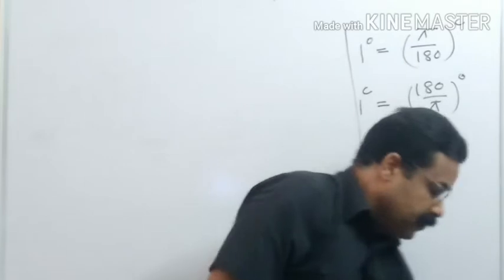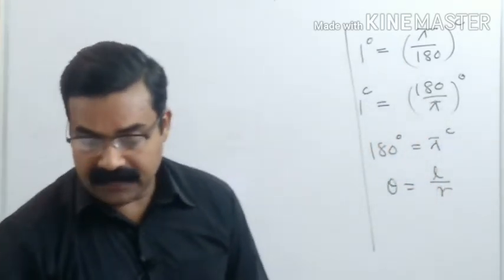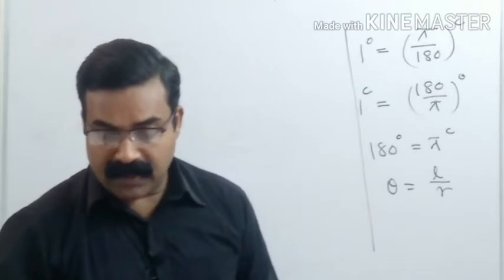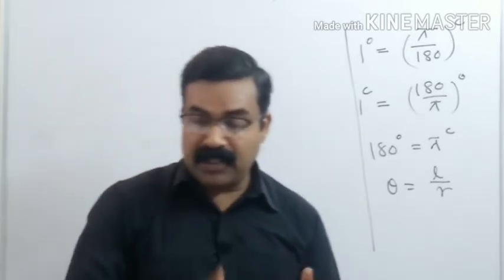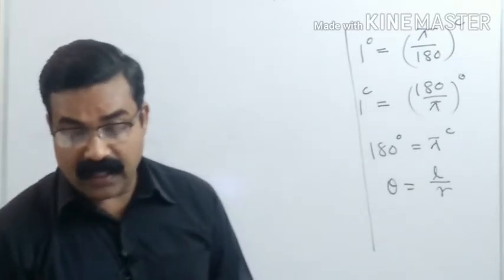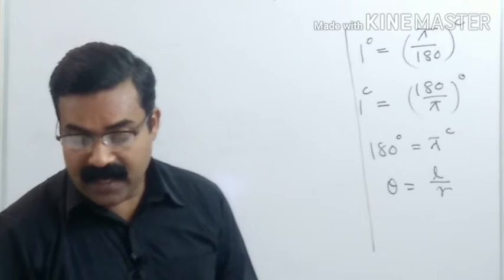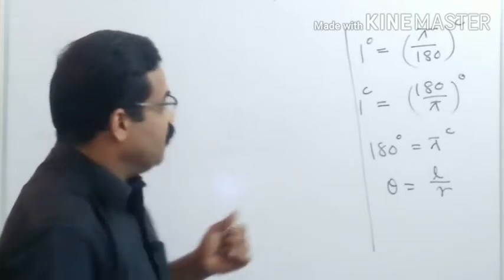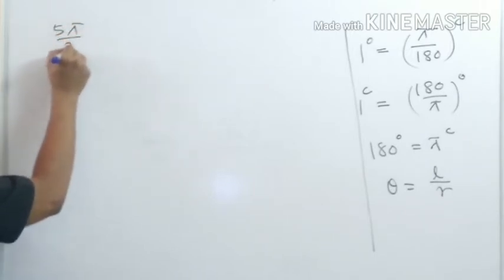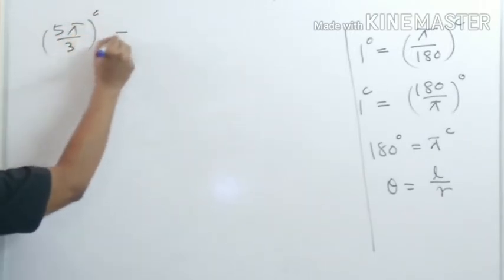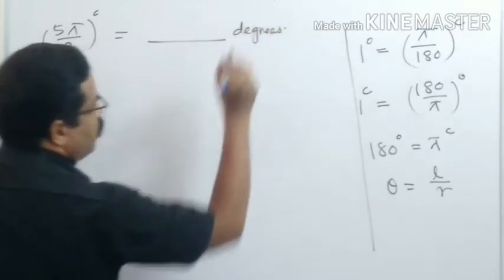So next question, question number 2, part number 3. Find the degree measurement corresponding to the following radian measurement. Radian measurement is given to you; you have to find the corresponding degree measurement and use pi is equal to 22 by 7. The question is 5 pi by 3. 5 pi by 3 radian will be equal to how many degrees? That is what you need to find out.